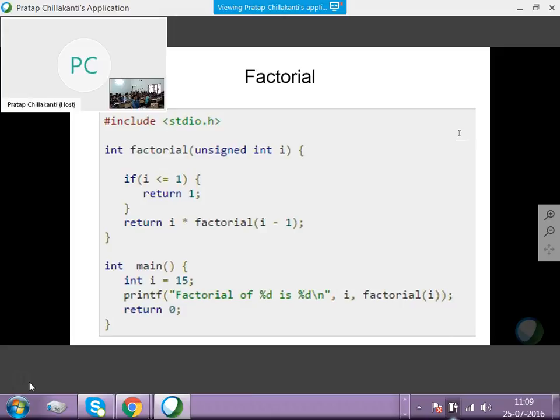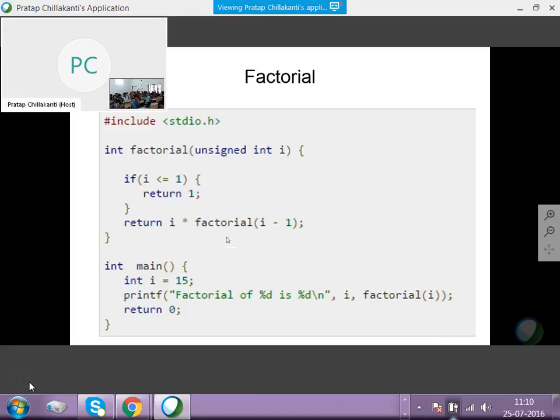We considered an example, factorial, very simple. As you can see here in the C code, I'm assuming you are able to read it well. I put it in presentation mode there. That's all there is to it for C, a small piece of code for factorial. If I is less than or equal to 1, you return 1, otherwise you return I star factorial I minus 1. So if I were to do a factorial 3,